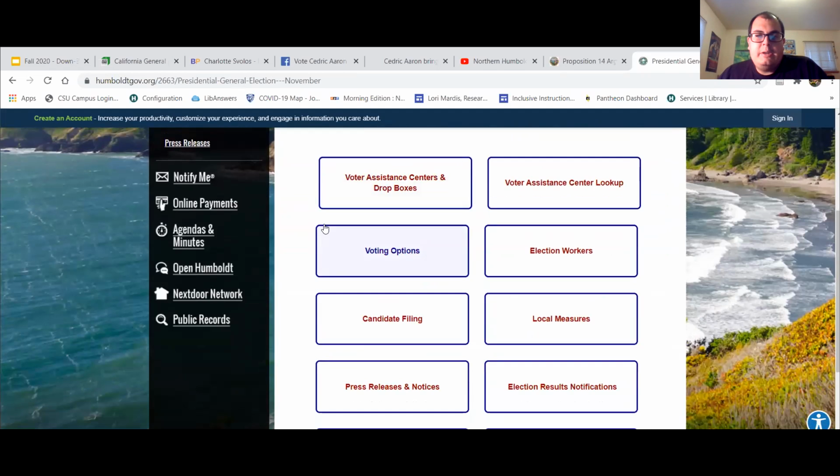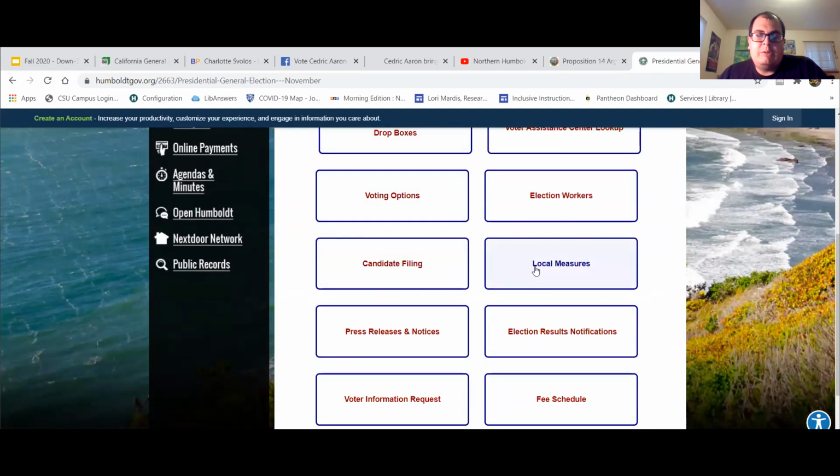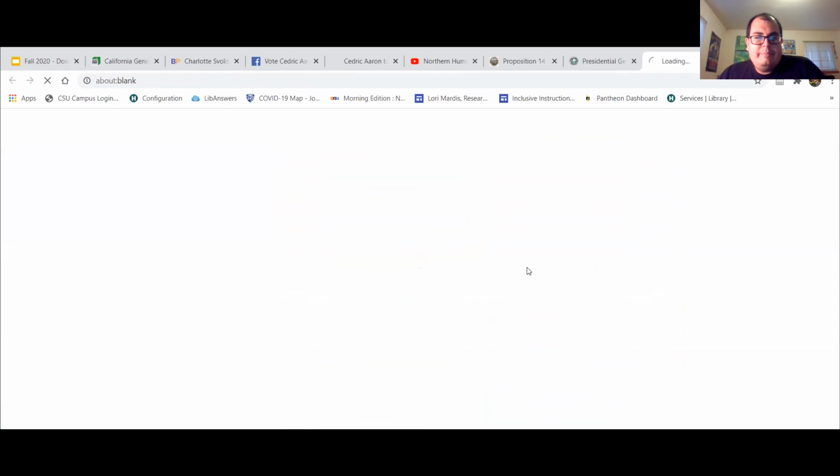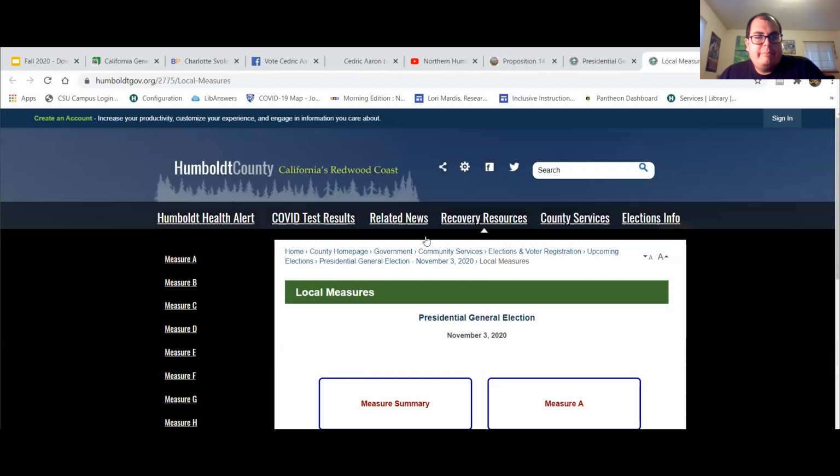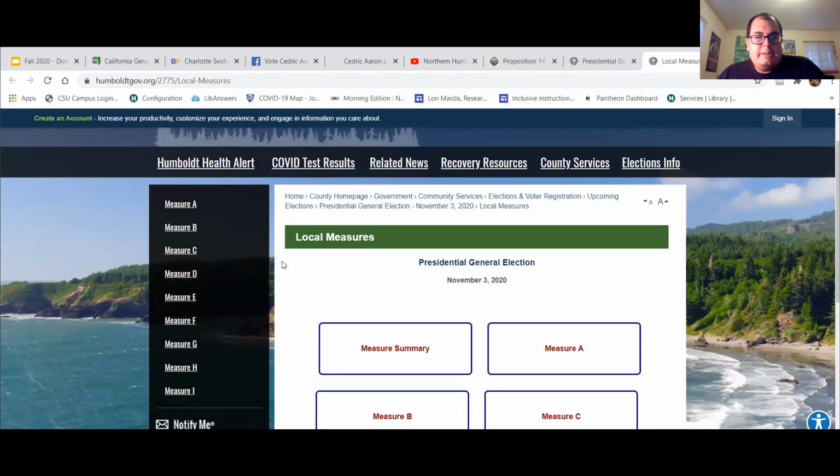So I'm going to go down here, and on the right-hand side, I see where it says local measures. And again, if you're watching outside of Humboldt County, it might look a little different depending on what county website you're on, but the information should be there. So again, I'm clicking on where it says local measures. So here I see each of the measures listed for Humboldt County, and so this is the entire county,